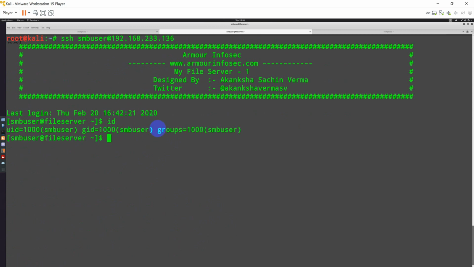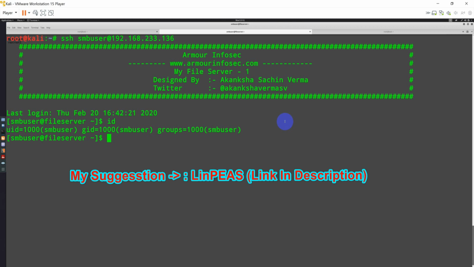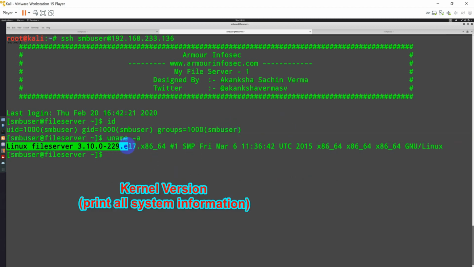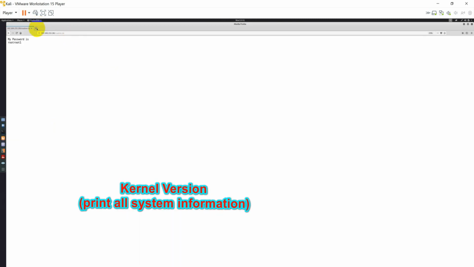But now if you see, this is our local shell user, SMB user. Now let's see what we can do to get a root shell. Again, to perform privilege escalation, you need more information, so you can go for a different enumeration script. In one of the scripts, there is a command like uname -r or -a. So I will use -a. This describes the particular kernel version. Let's copy this and search for an exploit. This particular version is already suffering from an exploit known as Dirty COW. So let's search it.